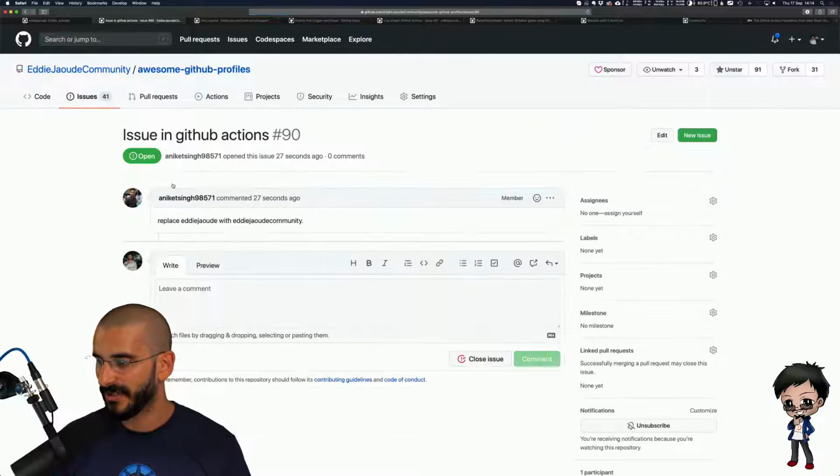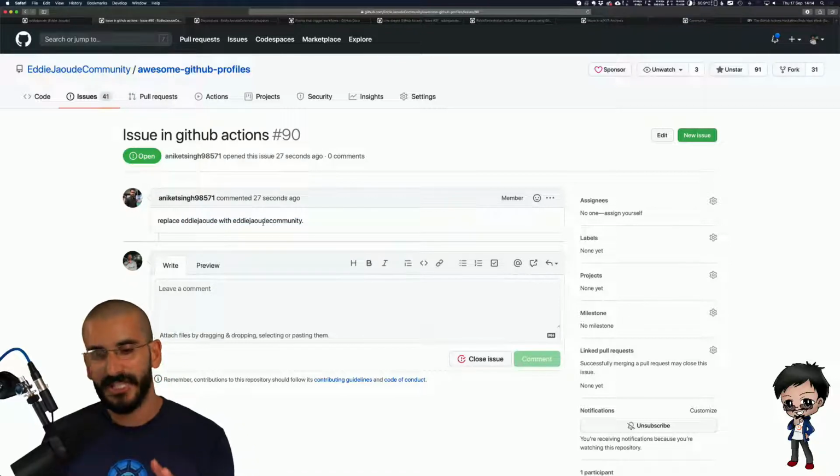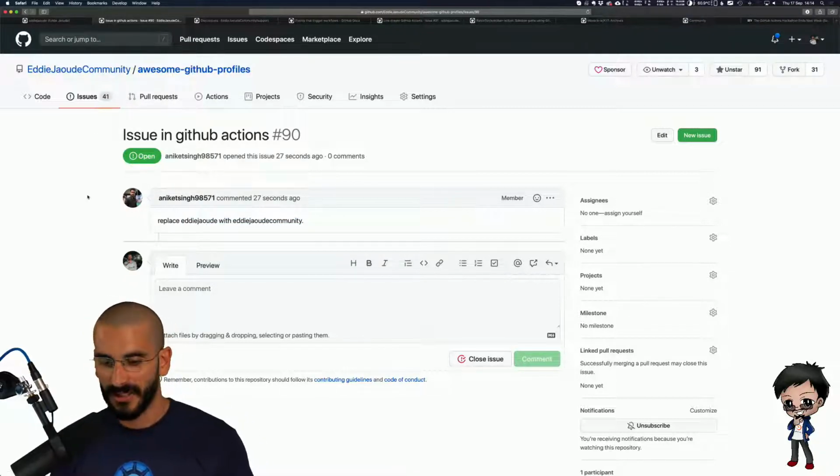Issue in GitHub Actions. Perfect. Replace Eddie Jowd with Eddie Jowd community. Awesome. Actually, this is a really good example, I think, on